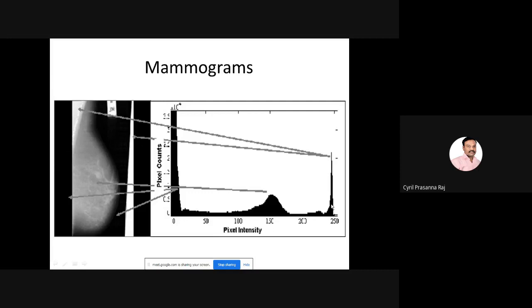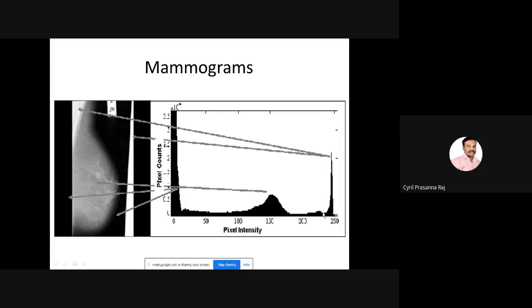With a mammogram, we are trying to do some image processing and identify whether there are any abnormal tissues available. These abnormal tissues may be somewhere located here, and we have to see whether they can be identified. By knowing the histogram of this image, we can tell that all the black color here indicates the background of the image.